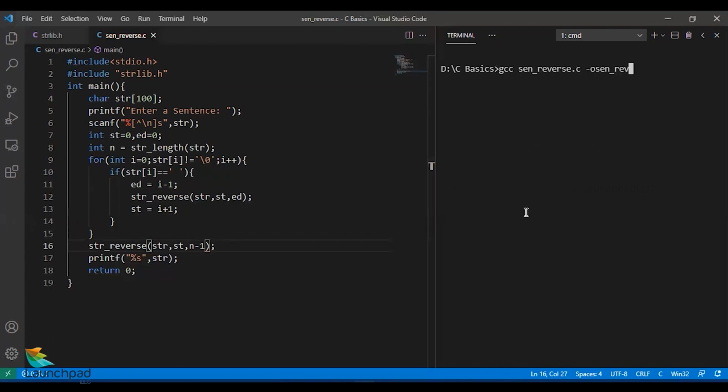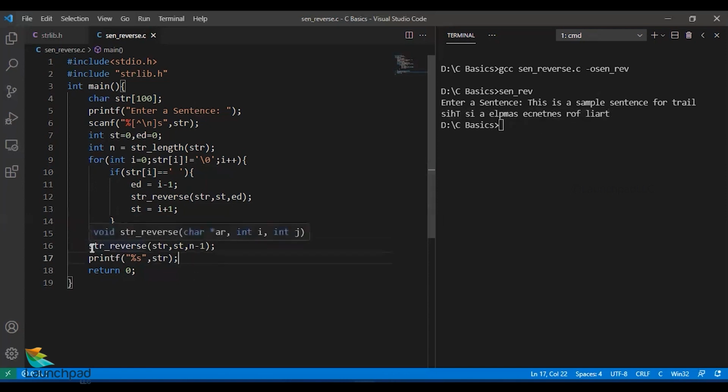Now let us compile and run this again. Now you could see the reverse has happened completely right, the perfect solution for it. This is one kind of solution I can tell you.